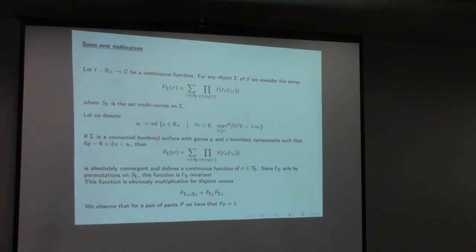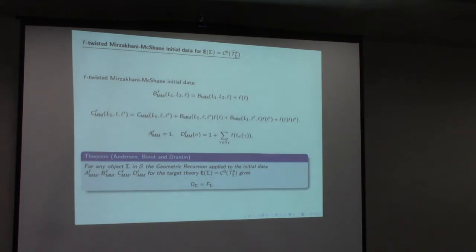And that is on a connected surface, and then if I want the things on the disconnected surface, I just multiply over the components, and I start by defining f of the empty set to be 1. Okay, and I want to stress that actually I also consider the empty curve as a multi-curve, and that returns the function 1. So this guy always starts with 1 plus more stuff. Okay. So that is sums over multi-curves, and now of course the question is, do these functions satisfy geometric recursion? And so the theorem is that yes they do,